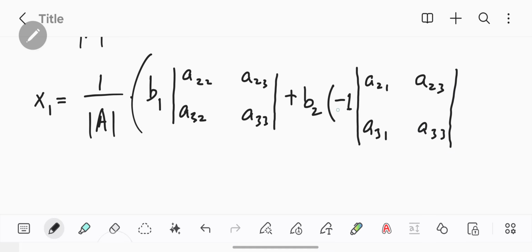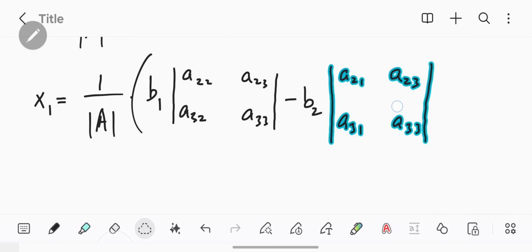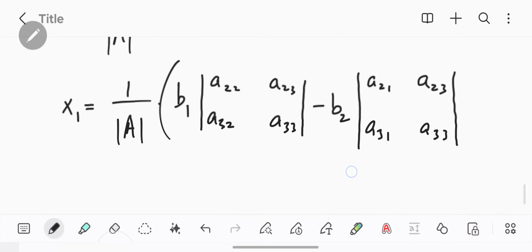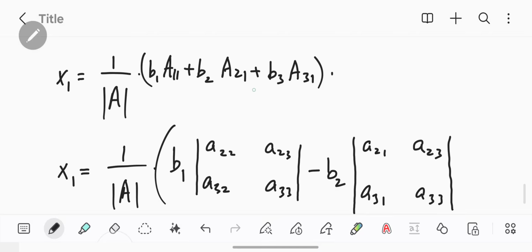All right. Then this minus can be written here in order to simplify our numbers, because plus B2 times minus of the determinant is just minus B2 times the determinant. Okay, I have done with these two things also. Now I will do this B3 times the cofactor determined by